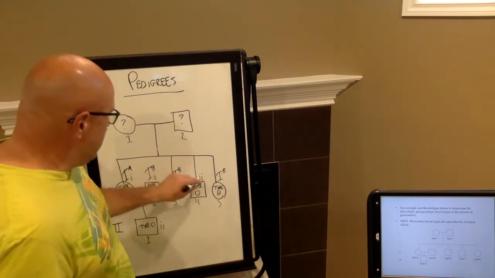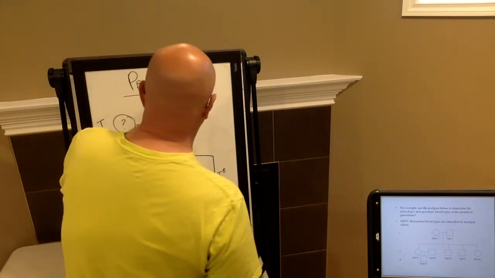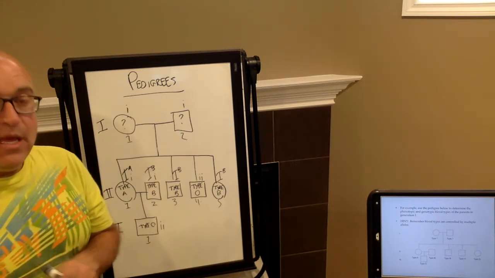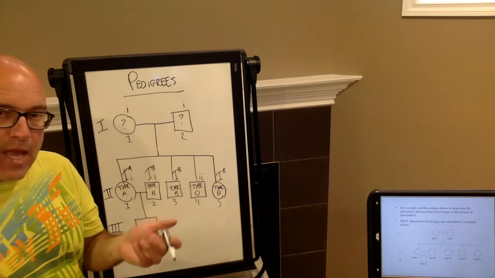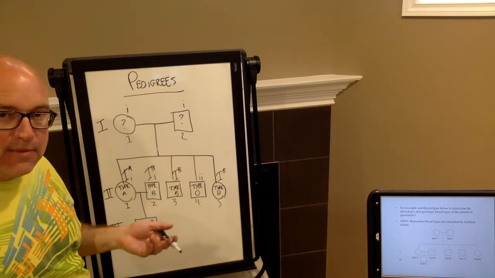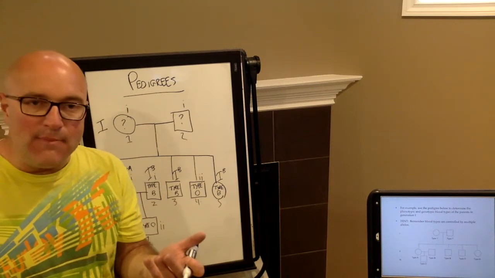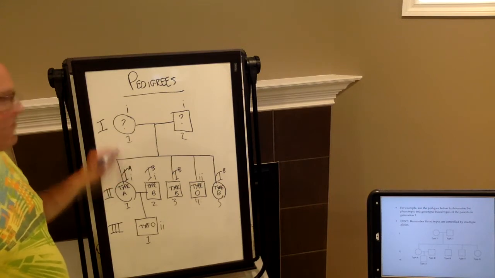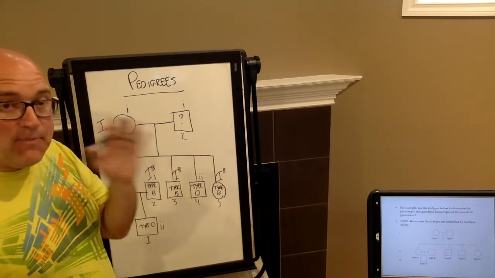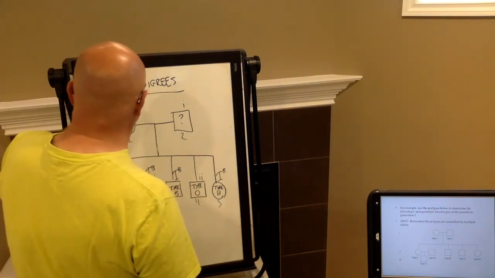Here's what I do know. These parents have a child that has an O blood type. This means that these parents have at least one little i each. That I do know. As for the rest, I don't know. Because they have children that are I^B and also I^A in their genotypes, I know for a fact that one of the parents has to be A and one of the parents has to be B. This person got this I^A from one of these two parents, and these people got the I^B from the other parent. Neither of these parents can be AB, because if that were the case, they couldn't have had a child who was O. So this person is either going to be I^A i,